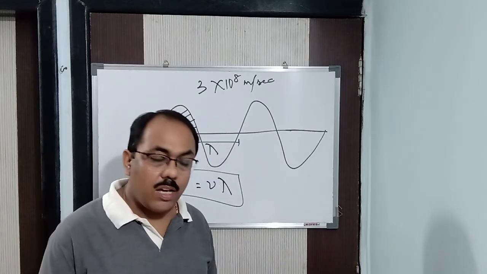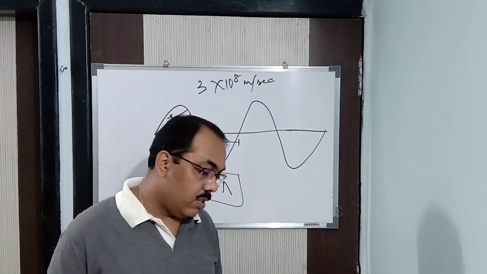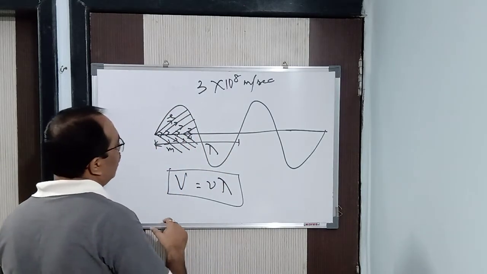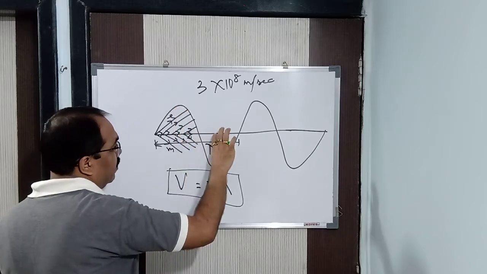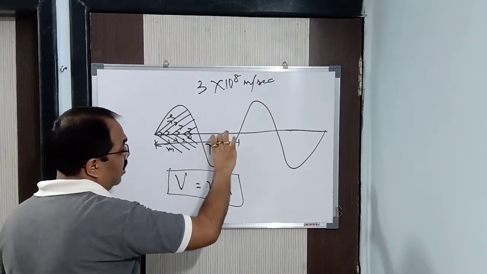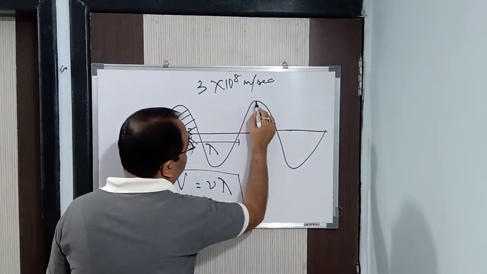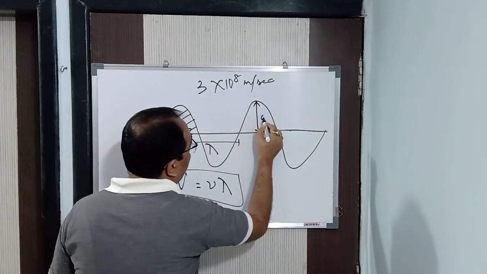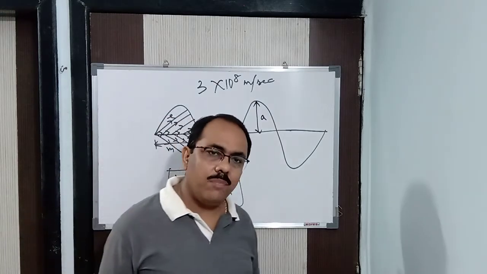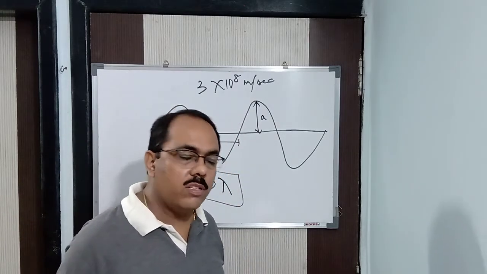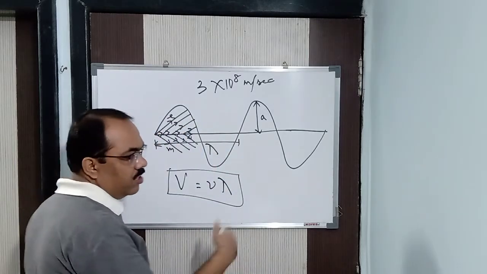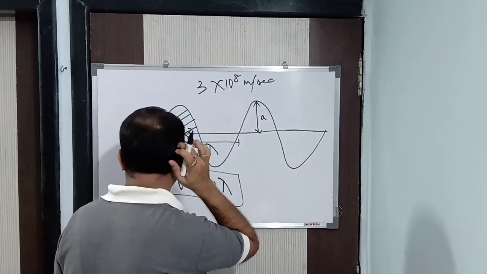Clear? Next, after that we'll come to the amplitude. What is amplitude? Amplitude is the height of the crest or the depth of the trough. It is denoted by A, or small a. So this is your amplitude. Its unit is also the same, either meter or centimeter. The CGS unit is centimeter and the SI unit is meter. Clear? That is the same as a unit of length, in which amplitude is expressed.